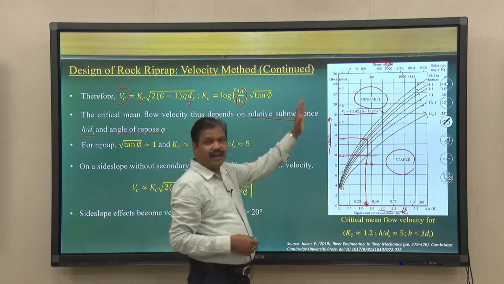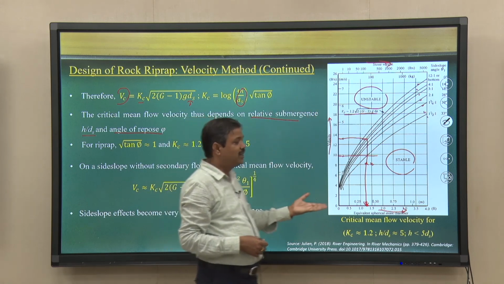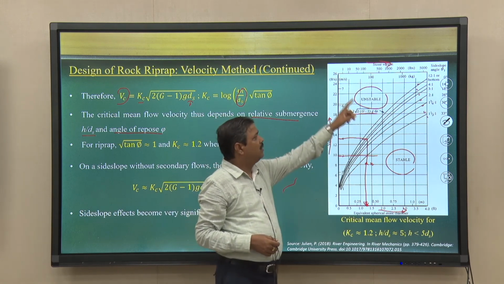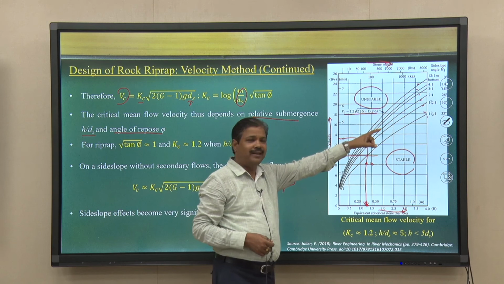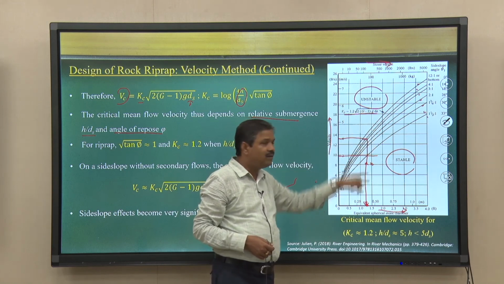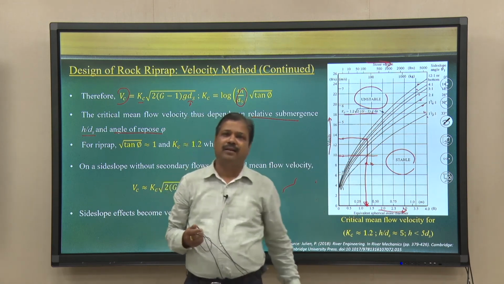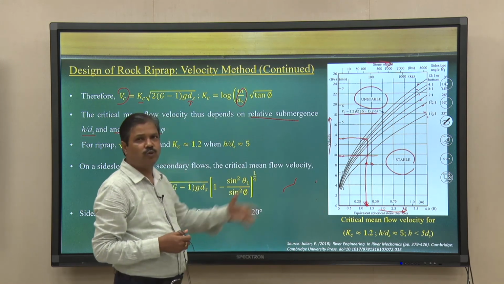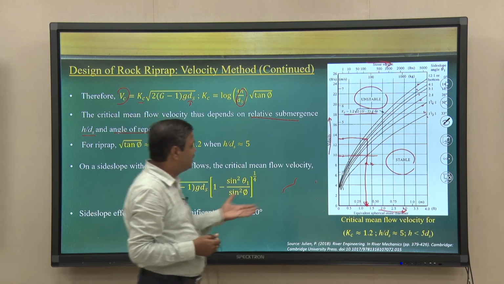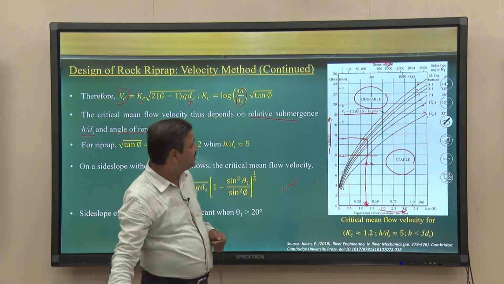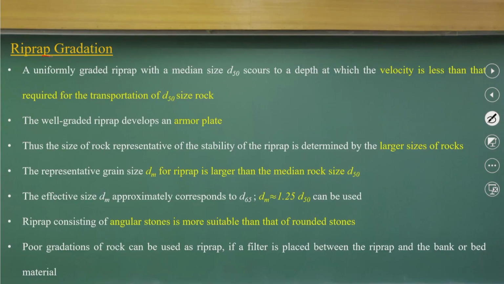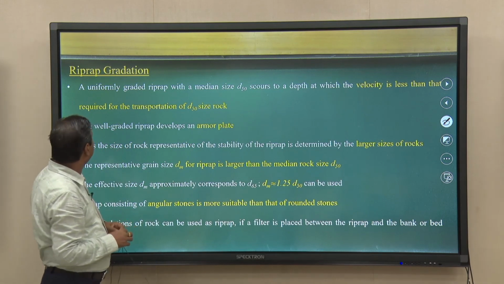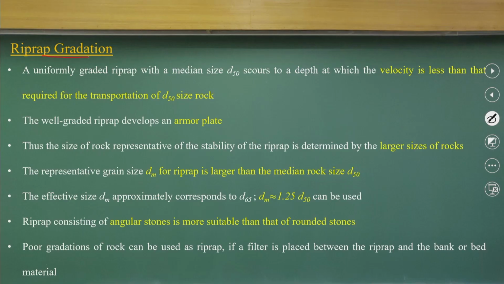They have prepared a design chart which we can use to know the design velocity and the slope we have to maintain, and from that, what the appropriate representative D50 size of the stone riprap should be. That is the design chart we can use to design the riprap part. If you look at more detailed things, you need to have gradations,